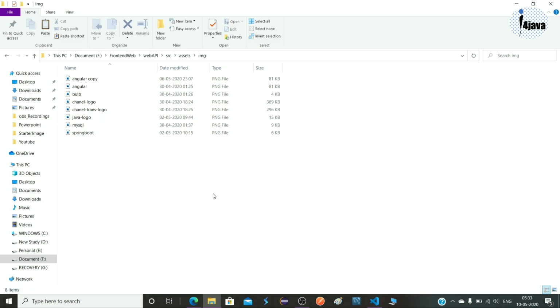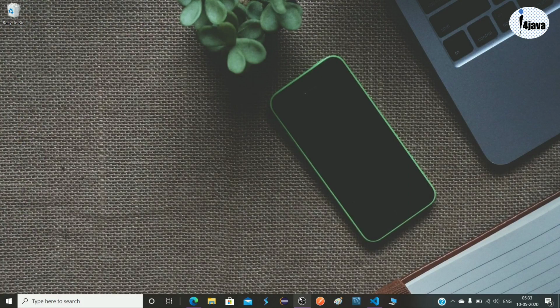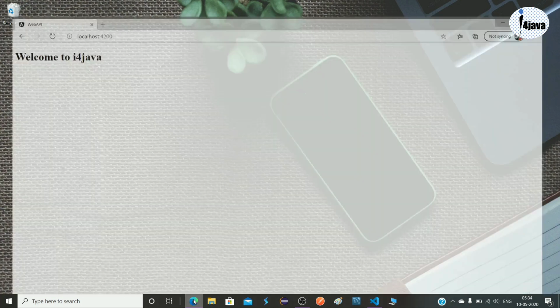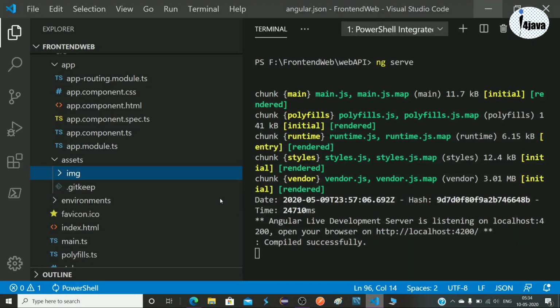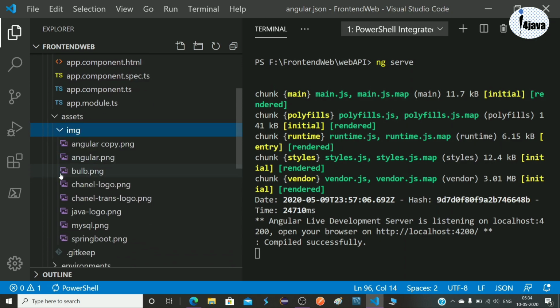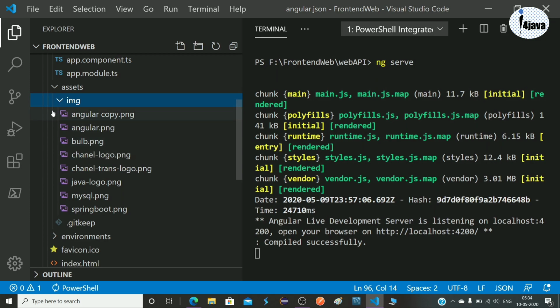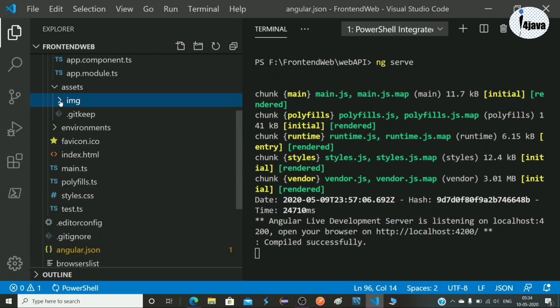So save it and come back to our Visual Studio Code, and now you can see all images are present. Okay, so we are ready with it.